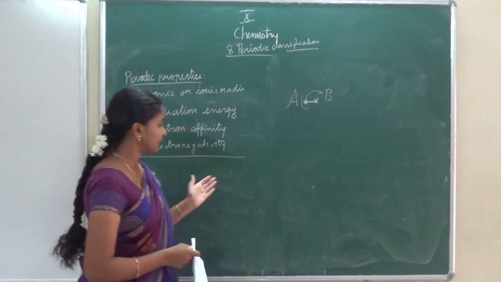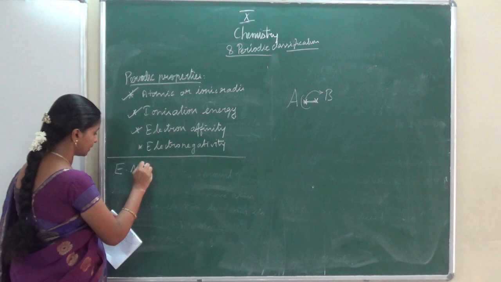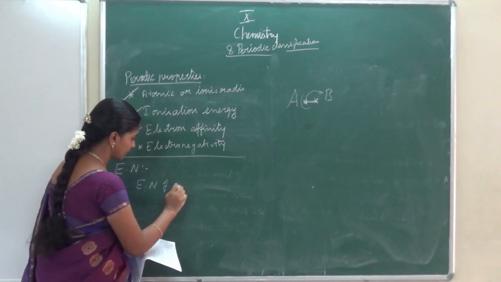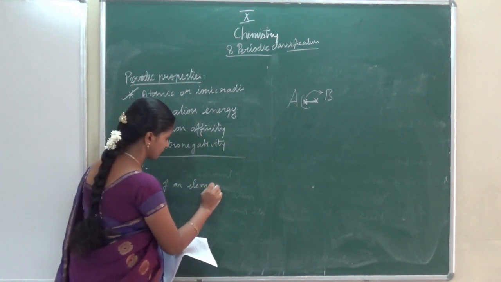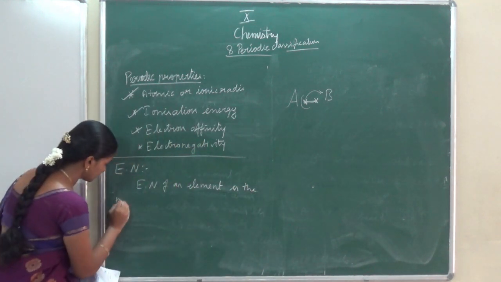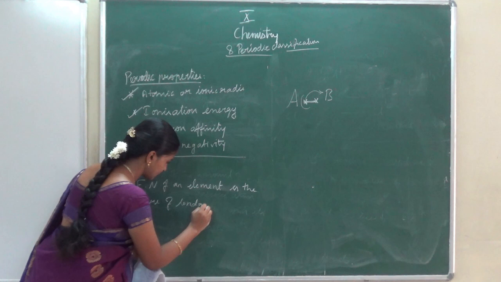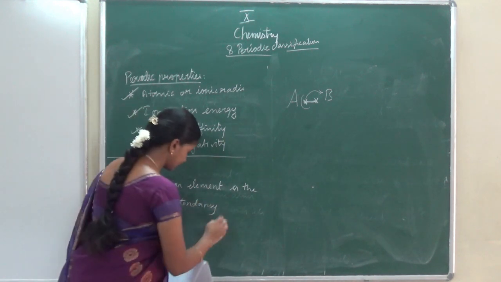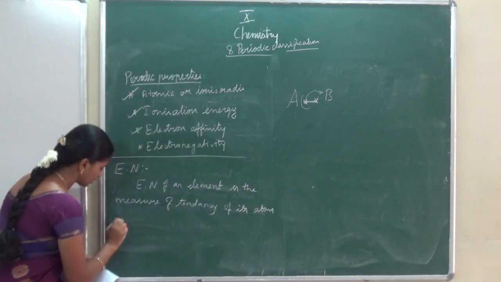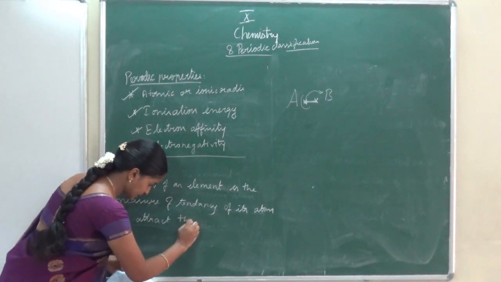Now let me write the definition. Just copy and repeat with me. Electronegativity. Electronegativity of an element is the measure of tendency of its atom to attract the shared pair